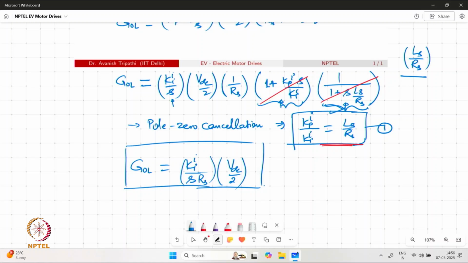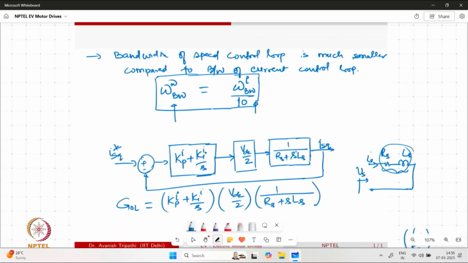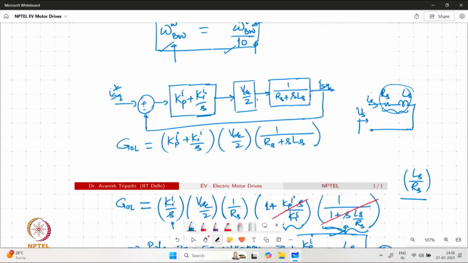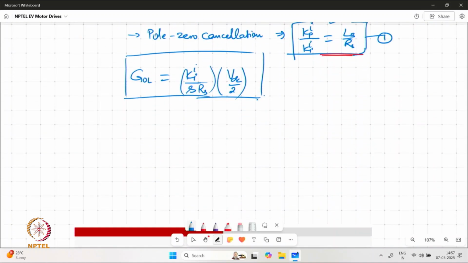For the complete design, we need basically one more equation, which is where we are going to set a rule on the bandwidth of the current controller. Now, we have said that our speed control bandwidth must be 1/10 of the current control loop bandwidth. However, we have not said any absolute value for the current control loop bandwidth. So, now here we can define what is the current control loop bandwidth by having the closed loop transfer function of the current control loop after the cancellation of the pole zero,